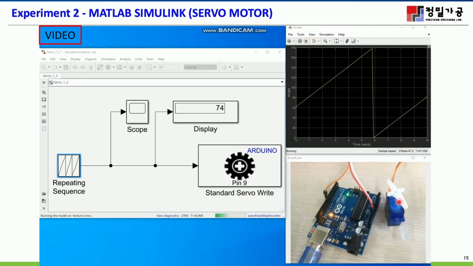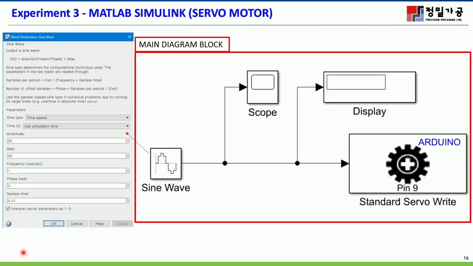The rotation angle follows the input signal from this ramp signal, linearly increasing from 0 to 180 degrees. Okay, I think we can go next. Okay, for the next experiment 3, you can see here we just replace it using a sine